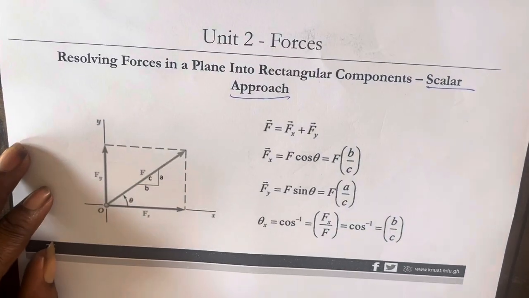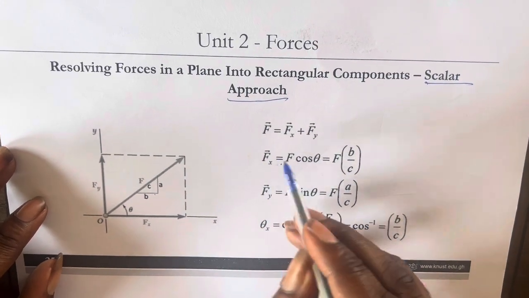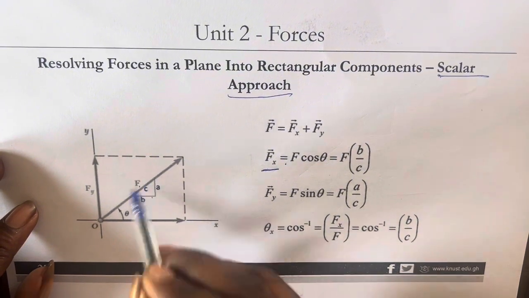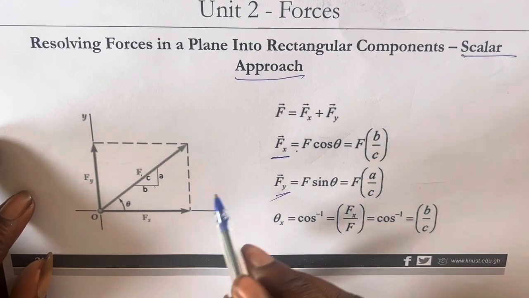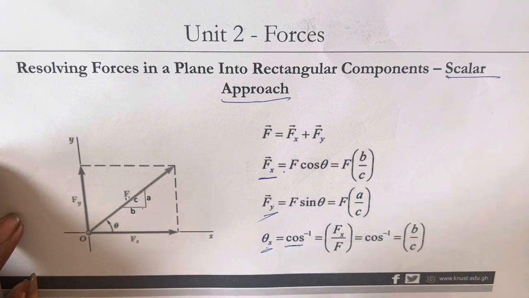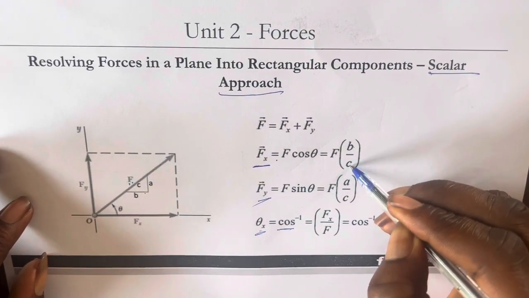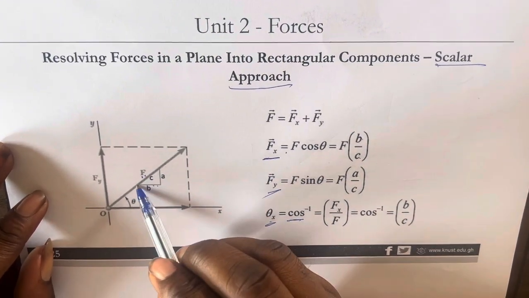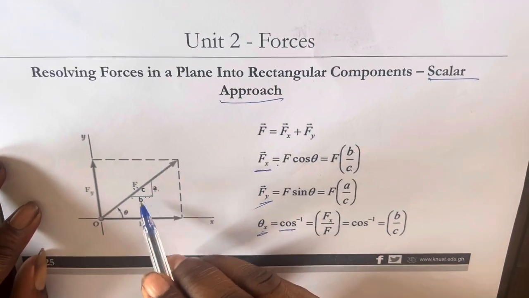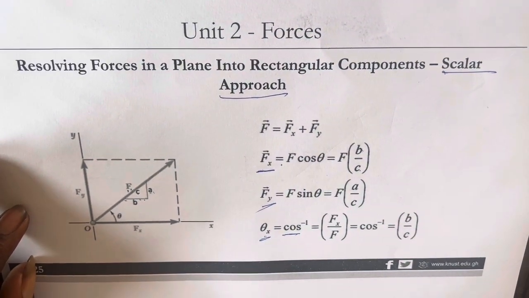Now this is a similar thing we are seeing here. We are resolving this concept: finding the horizontal component of the force F, finding the vertical component of the force F, and finding the angle theta. Here they use the cos inverse to find the angle theta. Now we see this B over C because in the diagram, under the slope, we represent the slope sides by A, B, and C. So if it is cos, then the cos of an angle, representing it here,